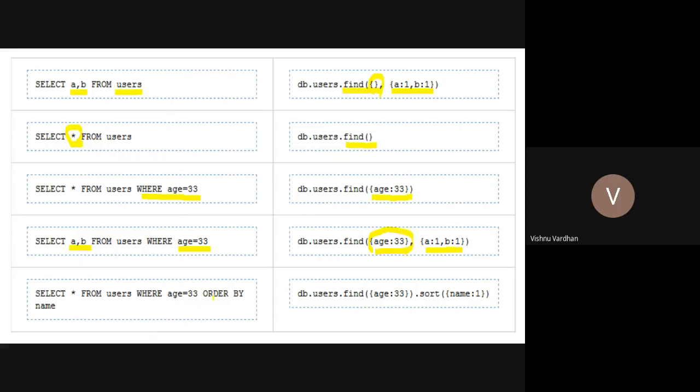Then how to implement the sorting feature? Here in this case, we are going to use this clause order by. So this is the clause we need to set up in the select command. But in MongoDB, you can simply call the method sort and provide the column name. So this is the column name or the field name, and whether it is ascending or descending, you are going to say by putting the values of 1 or -1.